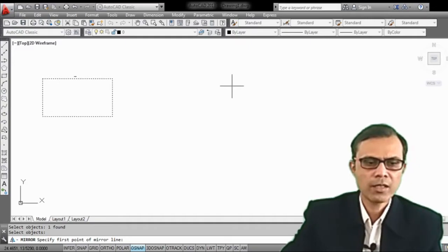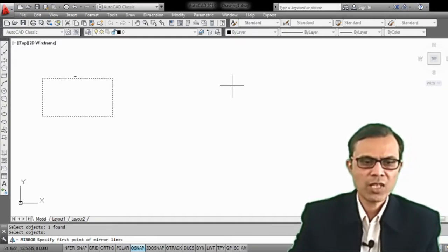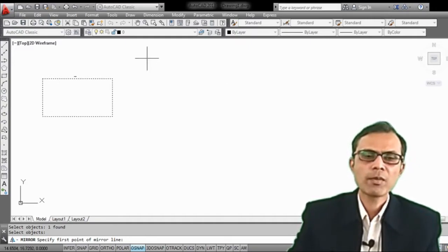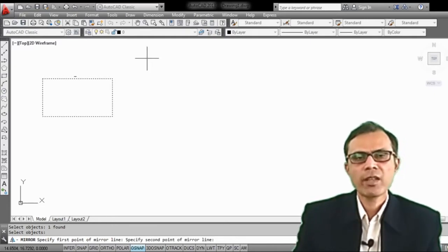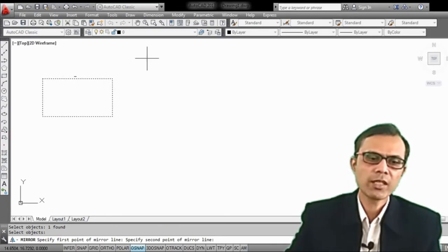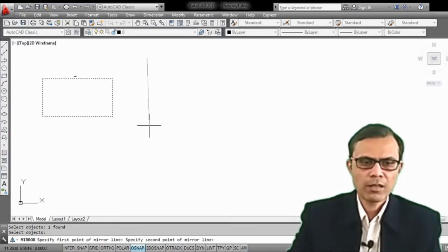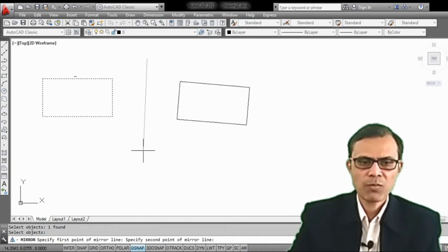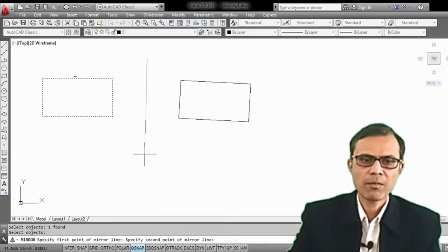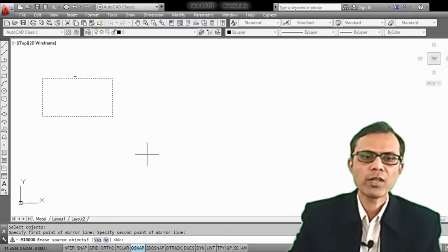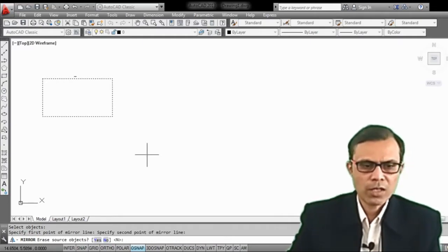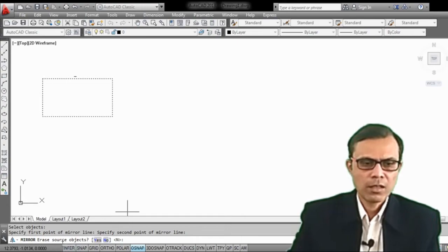Then press enter. Specify first point of the mirror line. So I am specifying here first point of the mirror line. By applying XY coordinates also, you can specify the required point on the screen. Then specify the next point or the second point. So here I am specifying the second point. Now see the instruction in command line.